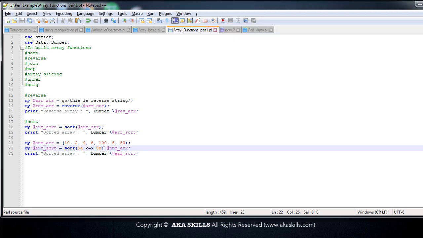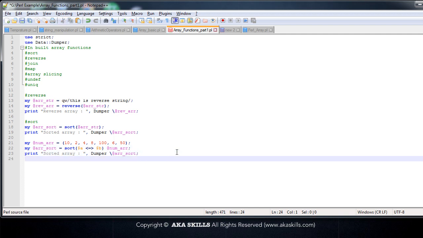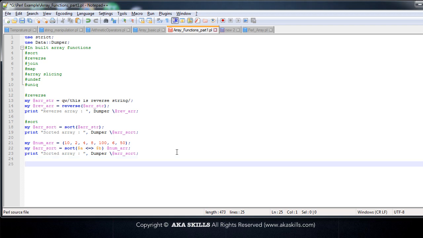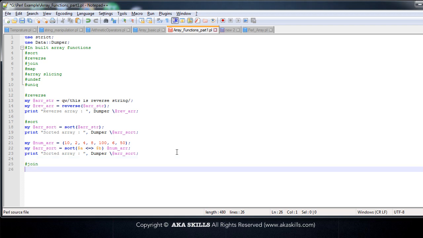So this is the way we use in Perl to sort numerical arrays or integer arrays. Let's move on to the next function. This is the join function. The join function simply joins the entire list with the delimiter you pass to the join